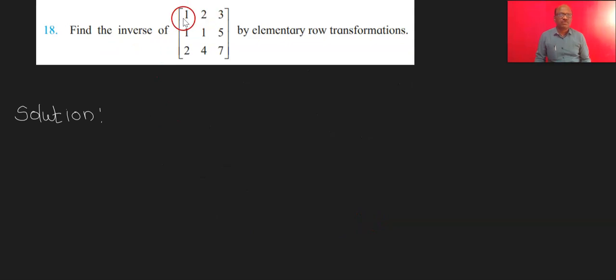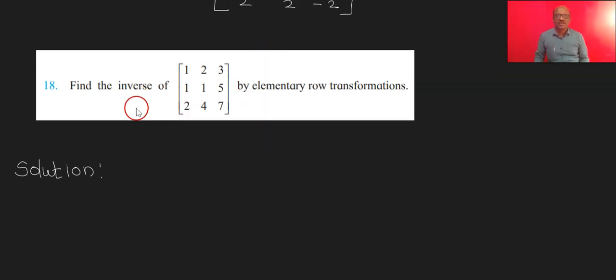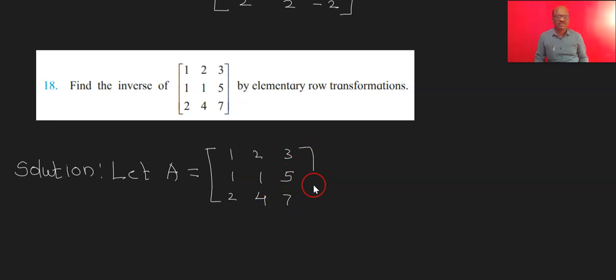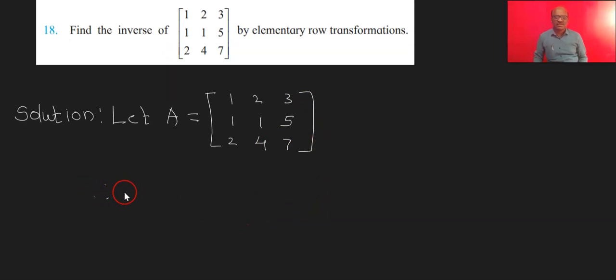Find the inverse of 1, 2, 3, 1, 1, 5, 2, 4, 7 by row transformation. Let A be equal to this matrix. We will find the determinant of this matrix first of all: 1, 2, 3, 1, 1, 5, 2, 4, 7. Now, therefore the determinant of A